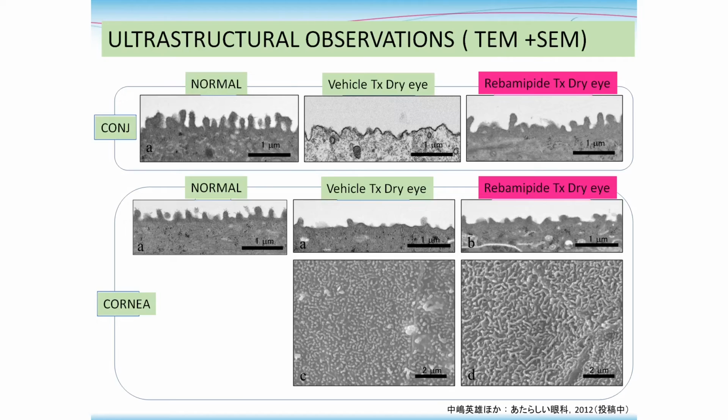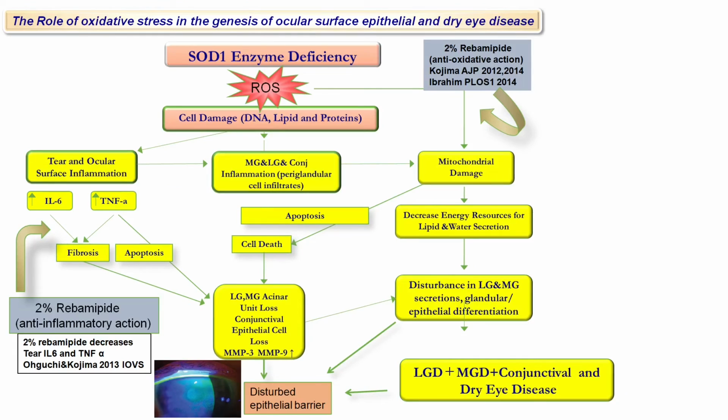Ultrastructurally, treatment with the mucin secretagogue or the rescue agent also resulted in the reconstitution of microvilli and plicae in the ocular surface epithelium. It is our hypothesis that accumulation of reactive oxygen species causes oxidation of DNA, lipid, and proteins, causing cell damage in meibomian and lacrimal glands and the conjunctiva. The accumulation triggers NF kappa B pathway, which causes